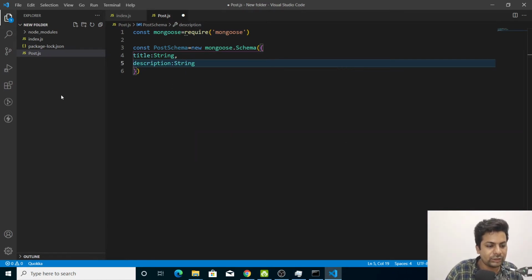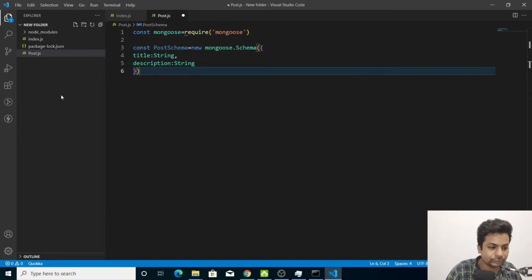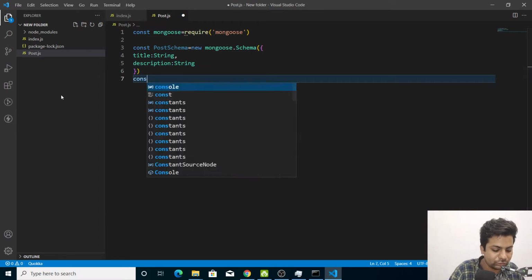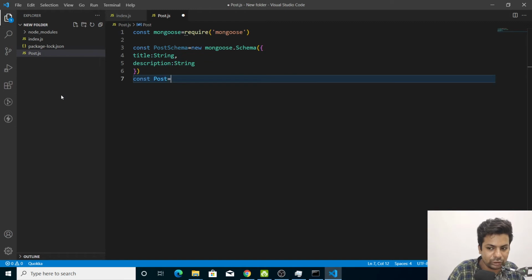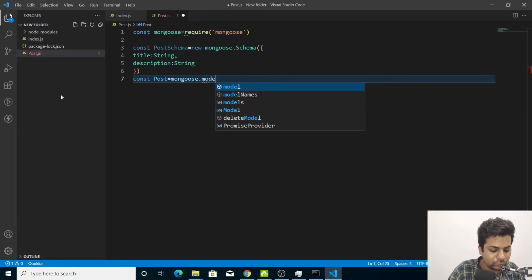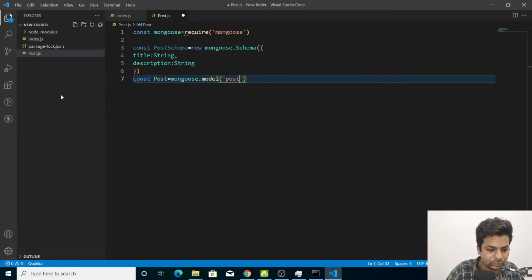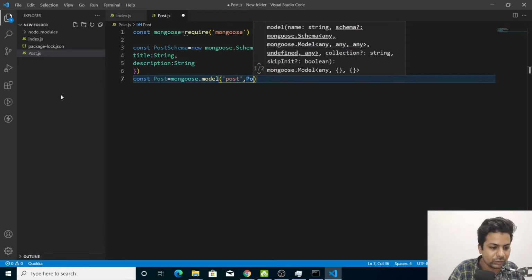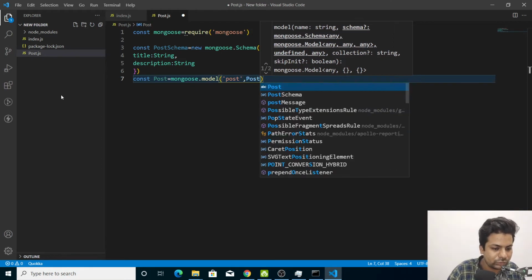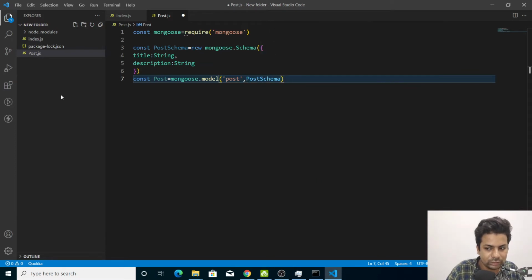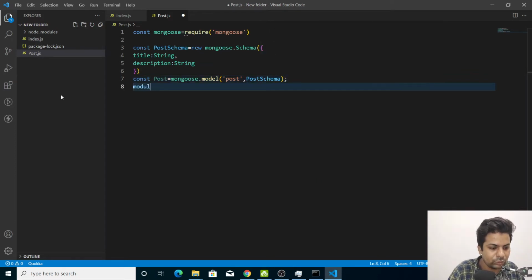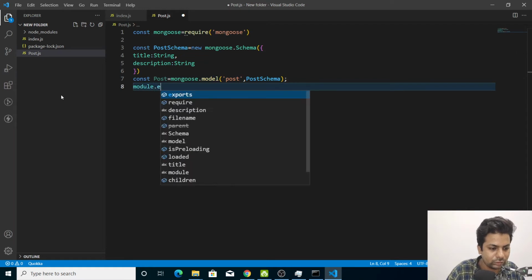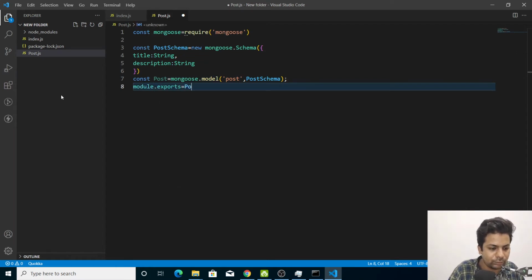So now afterwards what we'll do, we'll say const Post equals mongoose.model, we'll say Post, and here postSchema, and module.exports equals Post.